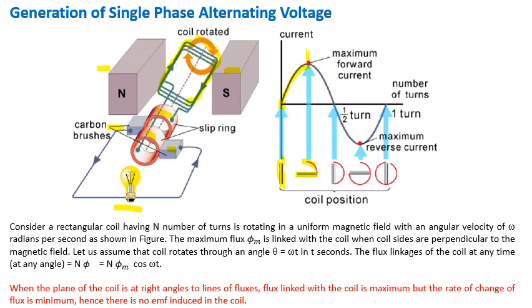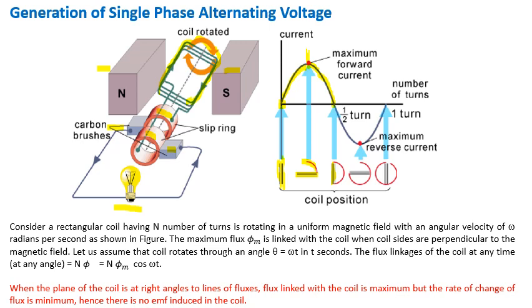Beyond this point, when the coil starts to rotate and attains this position, while moving through, it is experiencing a decreased number of magnetic lines of force, and therefore there is reduction in the induced EMF. When the coil has rotated 180 degrees, at that point the EMF induced becomes equal to 0.